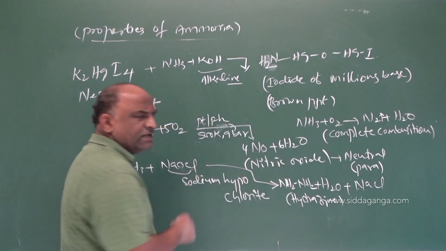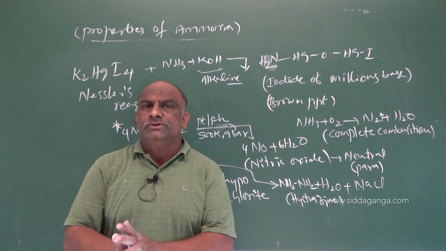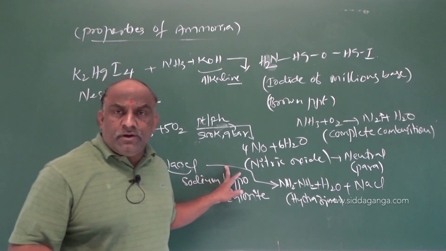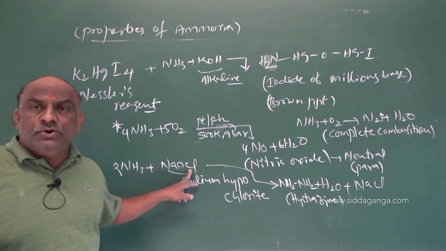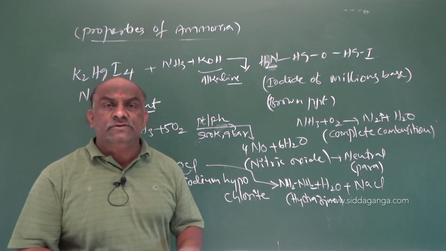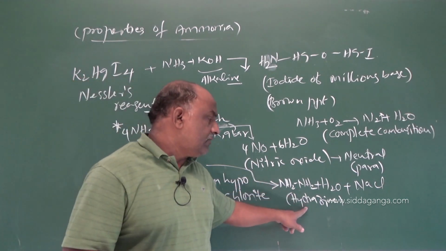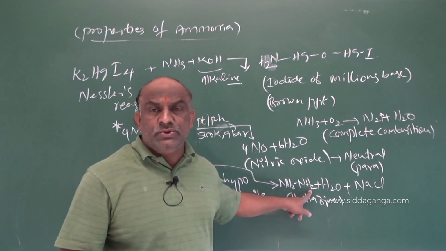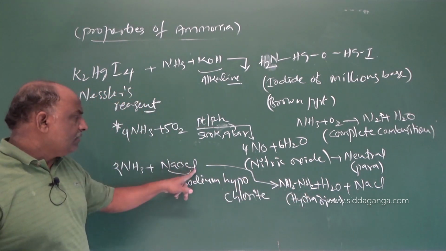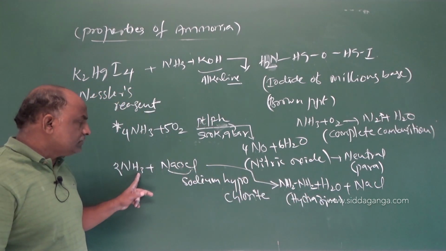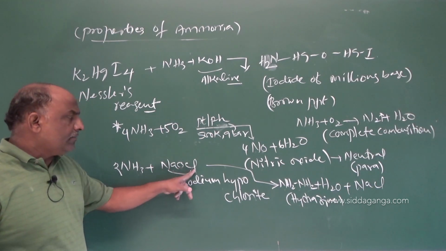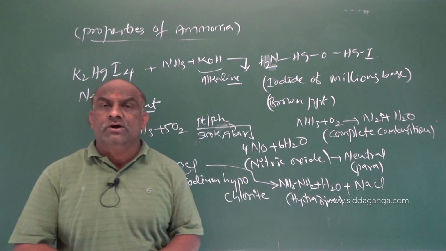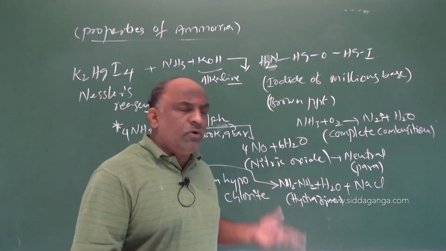So these reactions are additional reactions. Just make a note, my dear students, because for competitive exams we expect this type of question. Ammonia reacts with sodium hypochlorite, producing what compound? Hydrazine. Molecular formula of hydrazine, NH2. Simple here, in NaOCl, this oxygen requires 2 hydrogens from this, eliminating water, and the remaining product is NaCl and formation of NH2, which is called hydrazine.